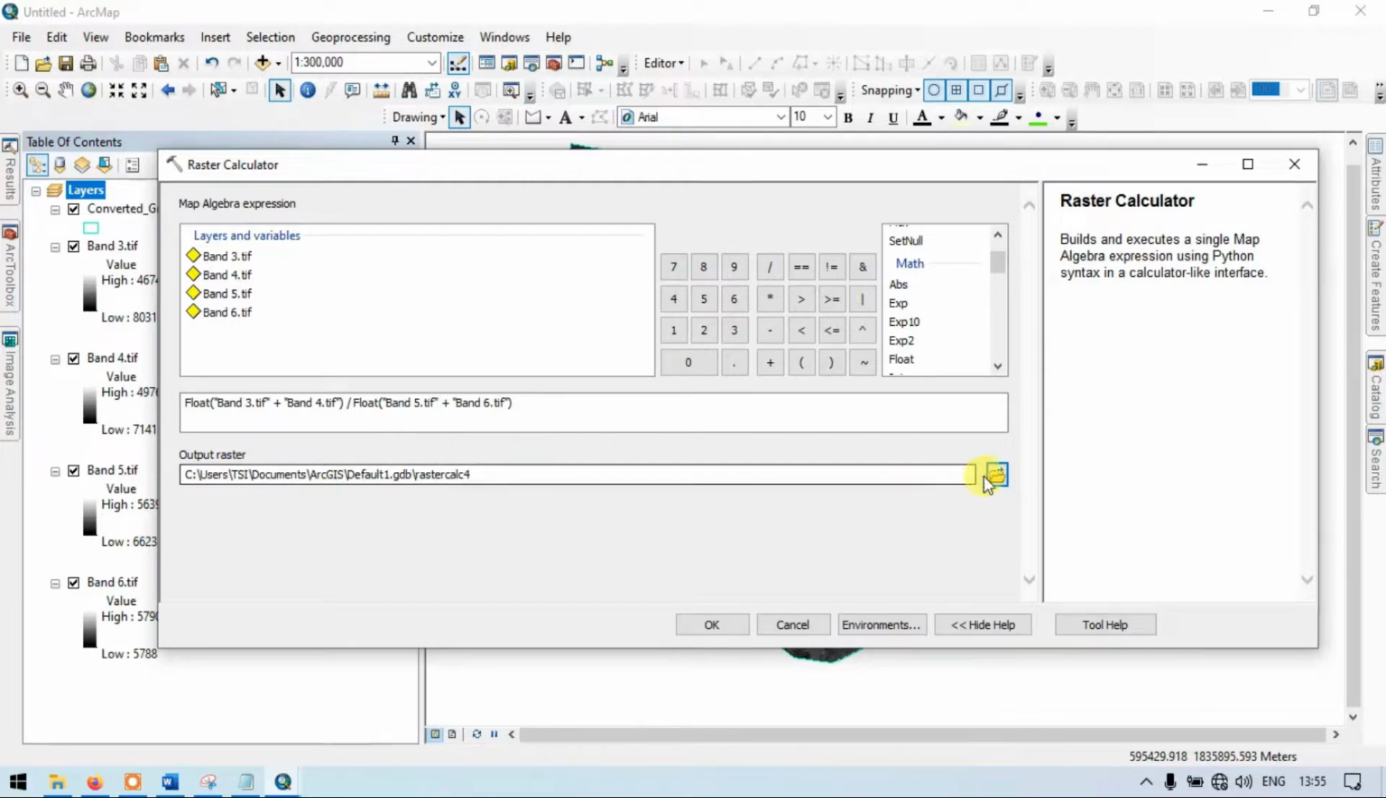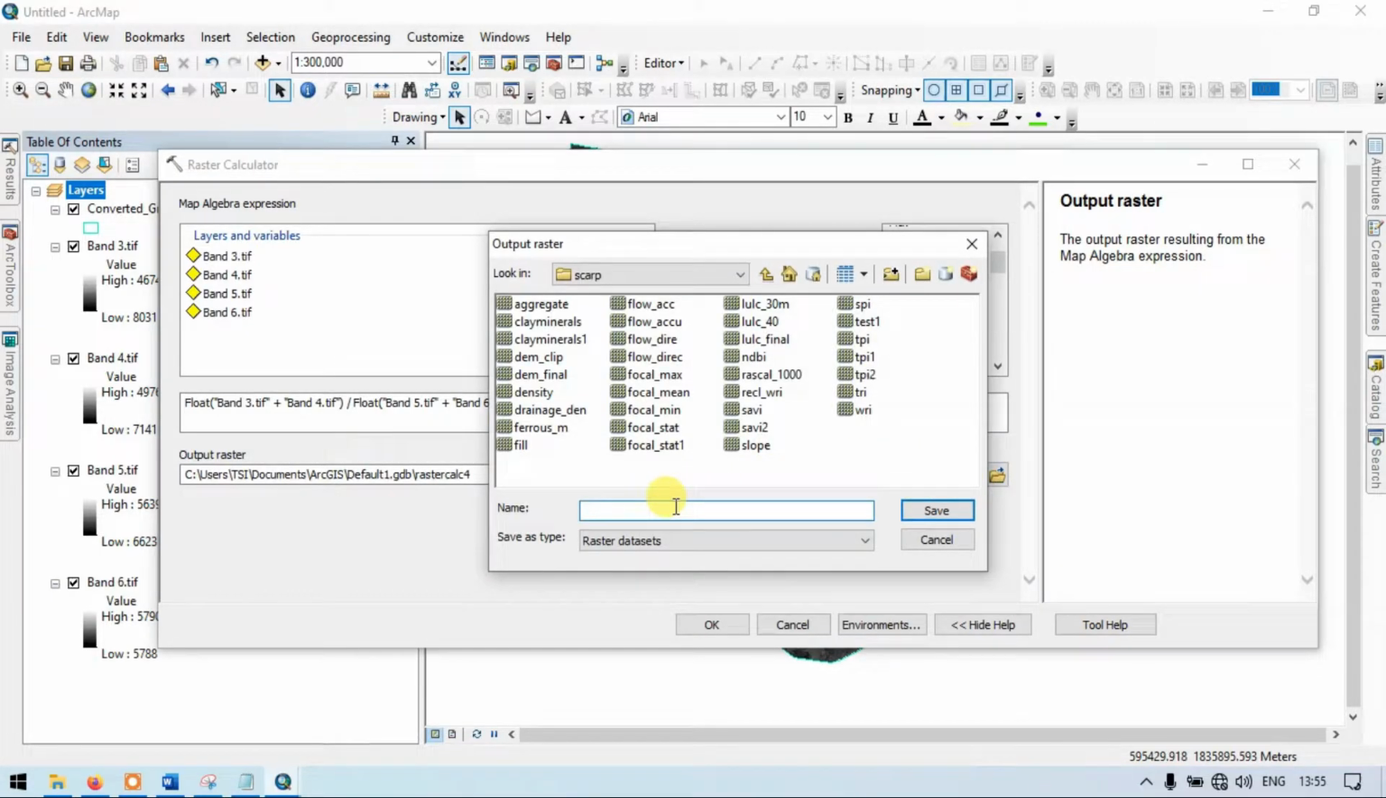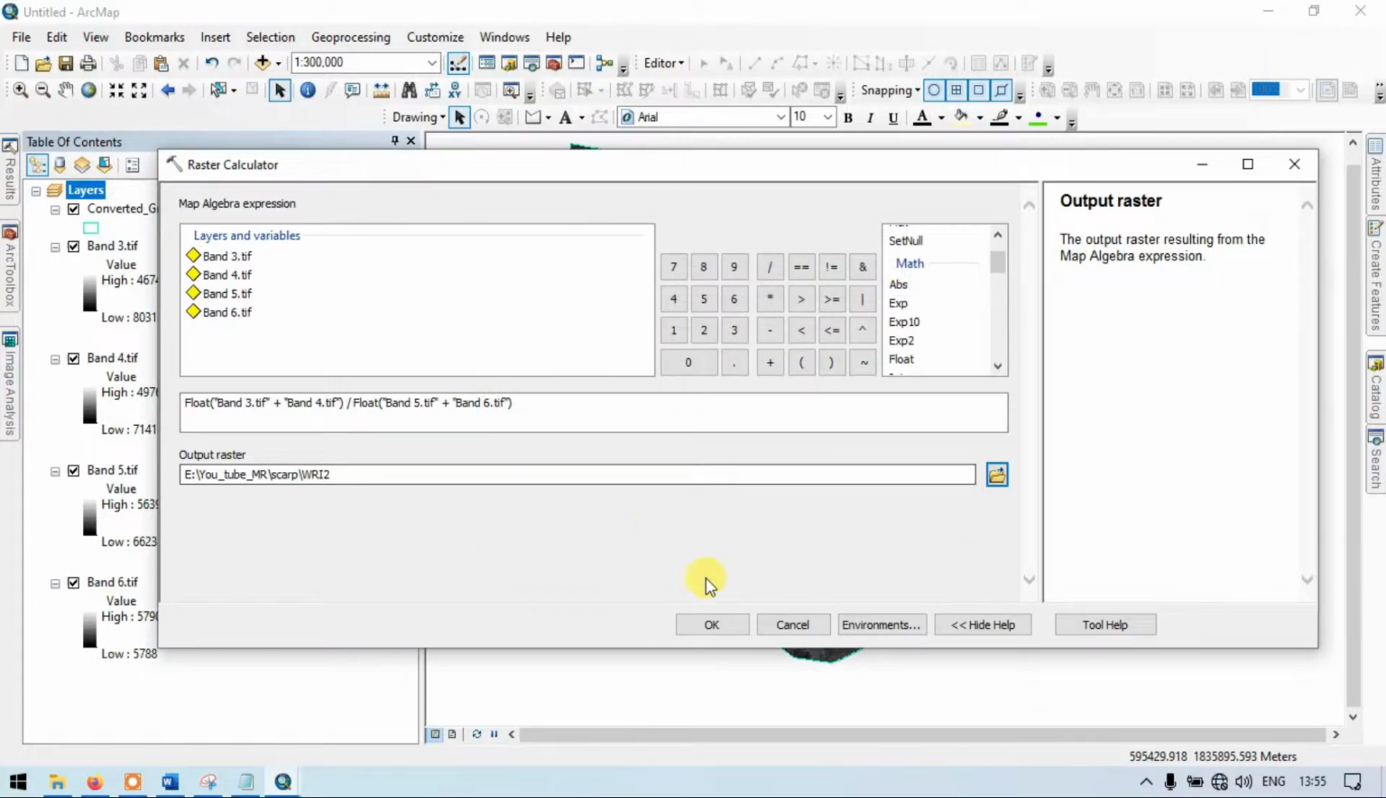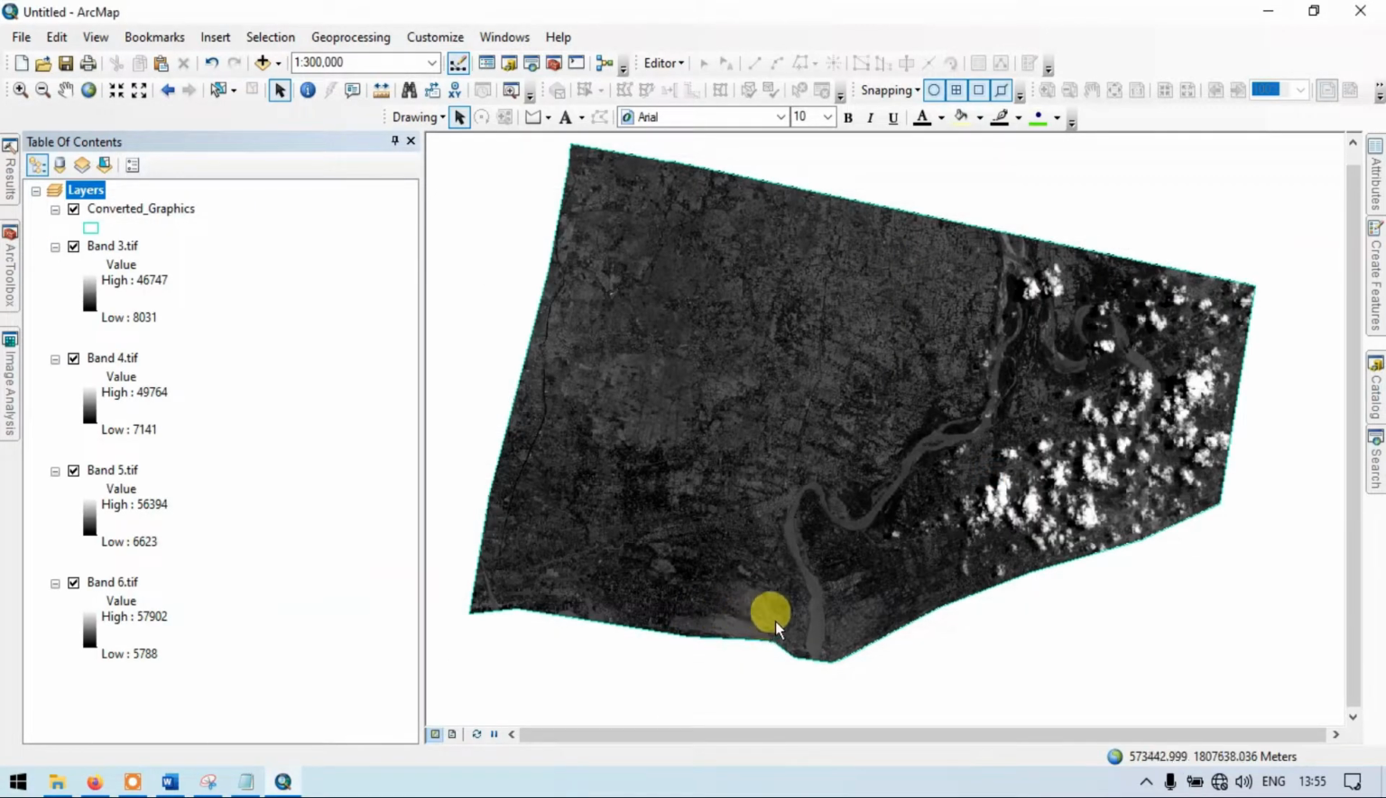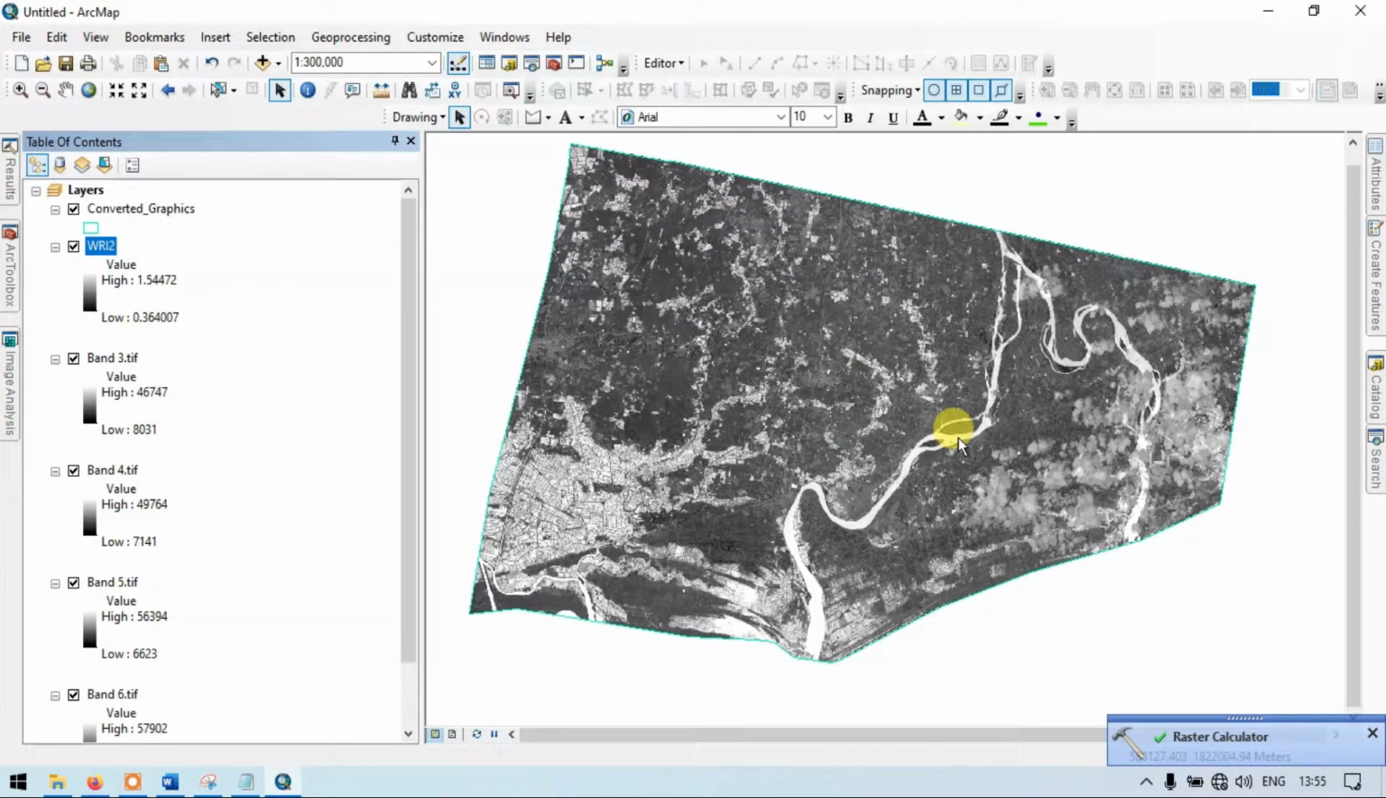So now let's choose the output location. Let me choose water ratio index 2. So save this. So now click OK. So it is running. So the raster calculator has performed. So this is our water ratio index raster. So you can clearly see that our water bodies have been selected here and several smaller water bodies have also